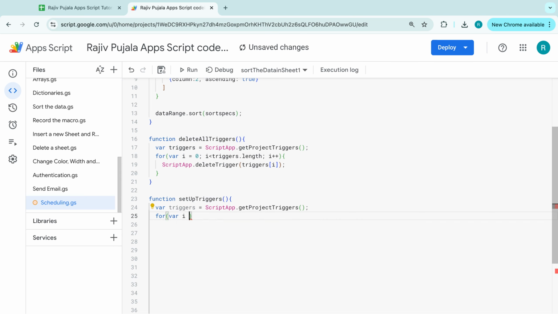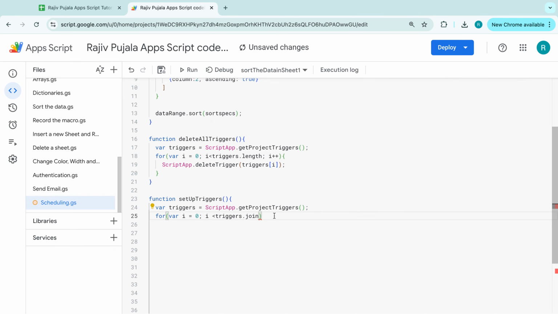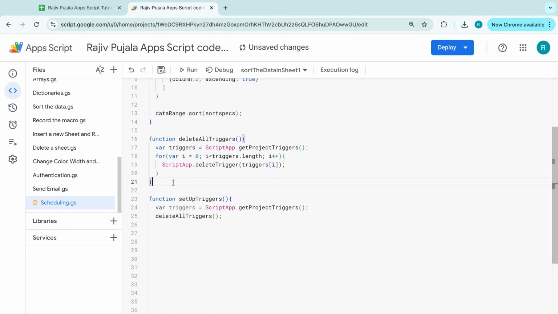If you see this one, i is equal to 0 and i less than triggers.length, or else what we can do, it's as easy as that. I'm going to call deleteAllTriggers here. This will call this function and it will delete all the triggers. So we have deleted all the triggers, and now let's set up a new trigger